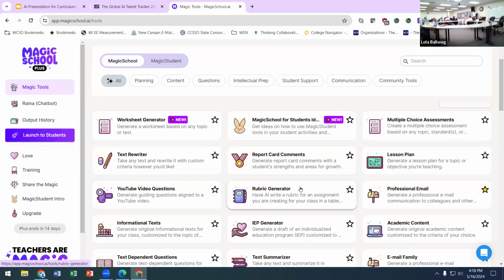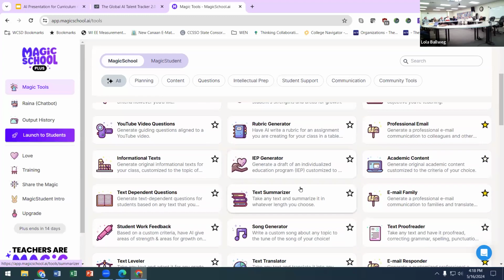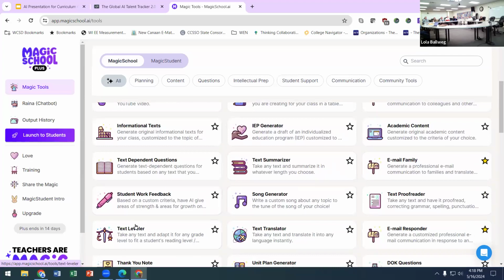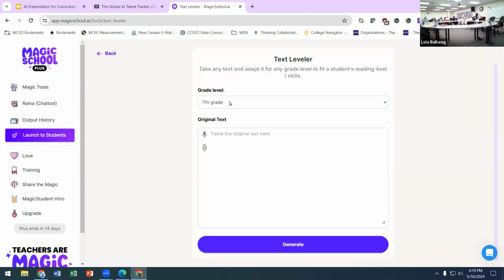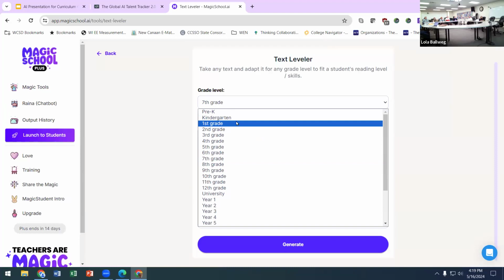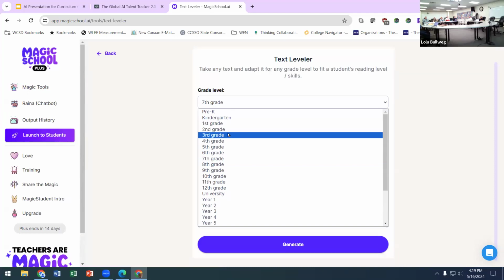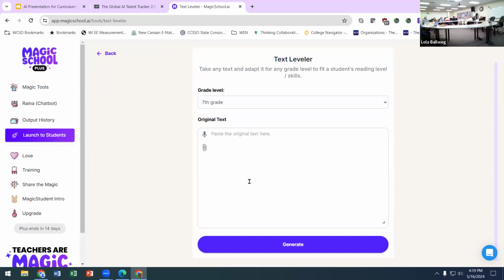It gives you specific guidelines and the prompts that you put in. Some of these tools, like feedback, and text leveler, are popular. I have seen a couple of teachers use this one. So let's say you have a National Geographic article on gazelles. They're doing animal research and couldn't find that specific animal on San Diego Zoo for Kids or Kids National Geographic. You could copy that text from the website and paste it into the text leveler, and it will ask what grade level you want. Let's say third grade. It will take that text and level it at a reading level appropriate for